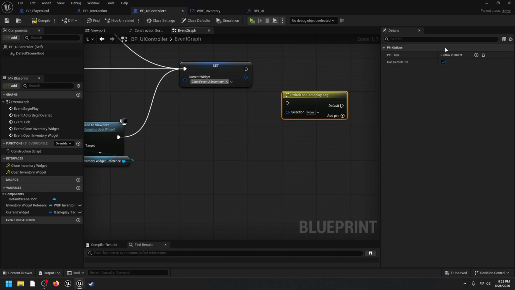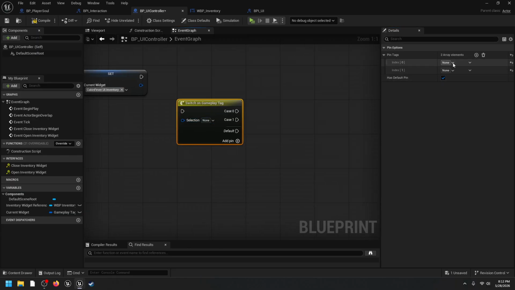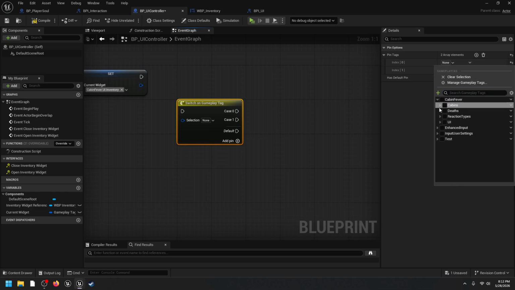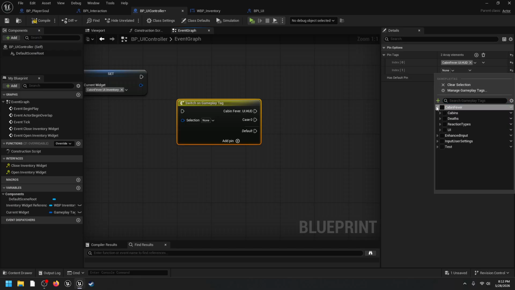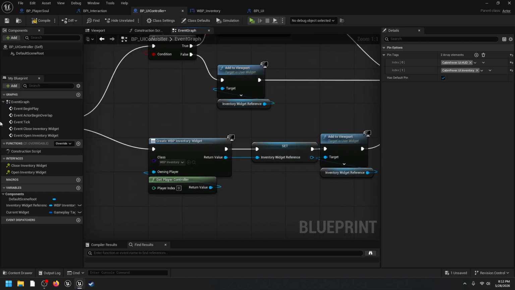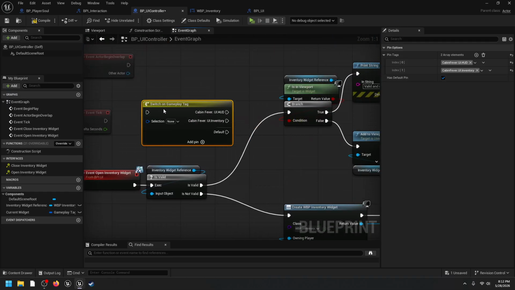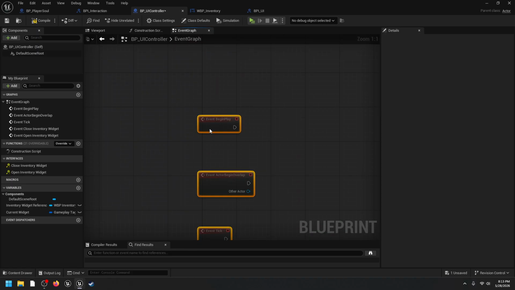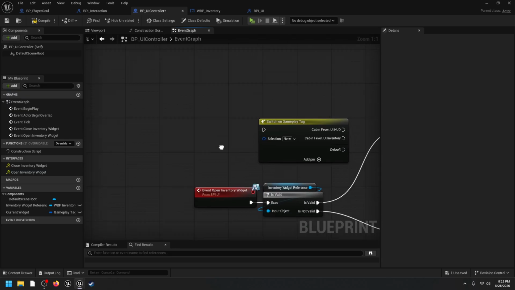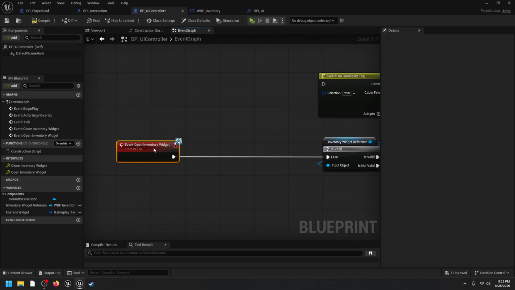And switching on tag is just so much better than switching on name, because there is absolutely no way you can ever mess up that you're in the HUD or you're in the inventory. And what you can do from here with this